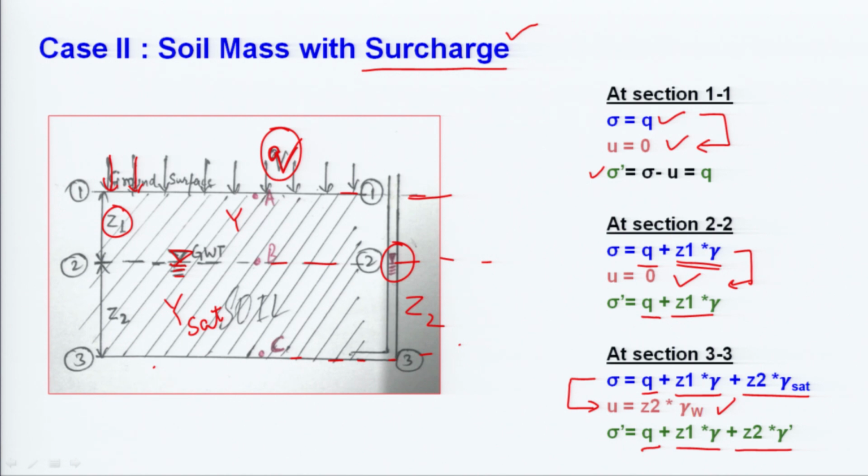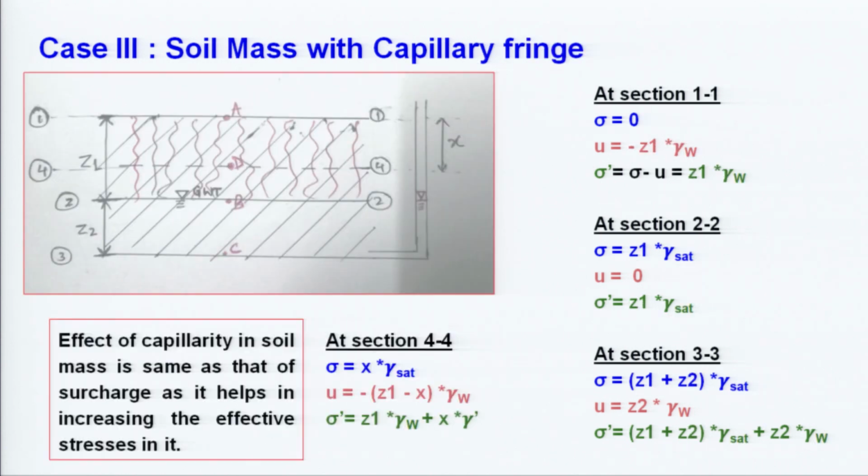So, we note that as we move on from this top to this bottom, what happens? The effective stress value here increases, and at this point it was something known as only Q. So, this is how the shear strength gets mobilized, shear strength gets increased as we move on to the lower depth. If we take another case here, soil mass with capillary fringe, understand here that if there is capillary fringe,